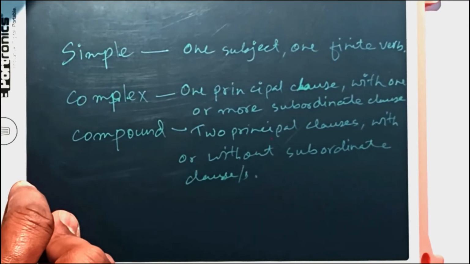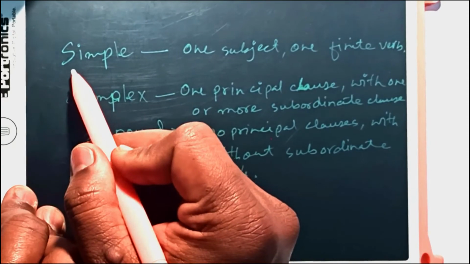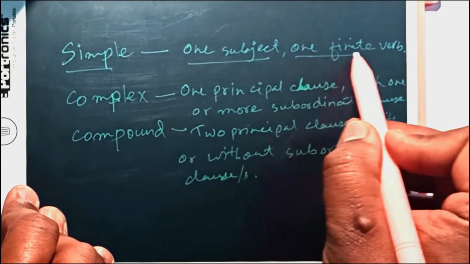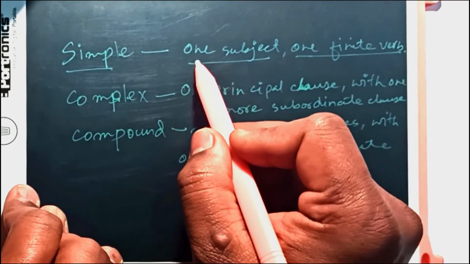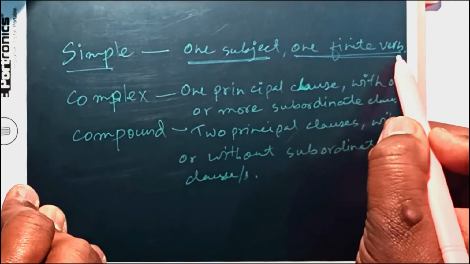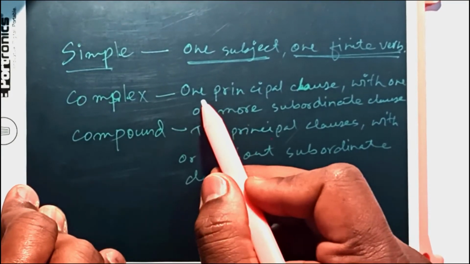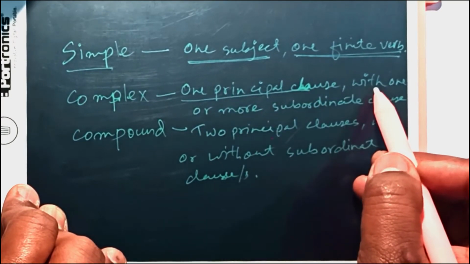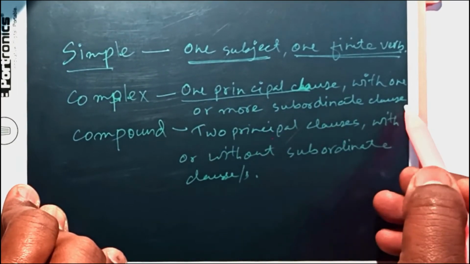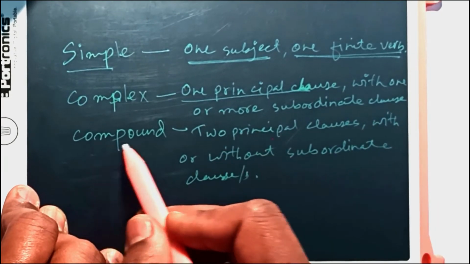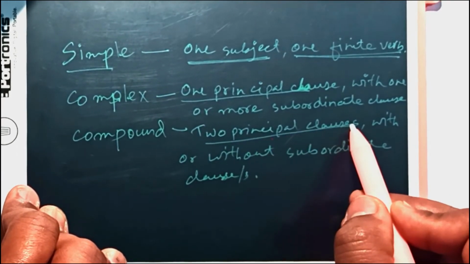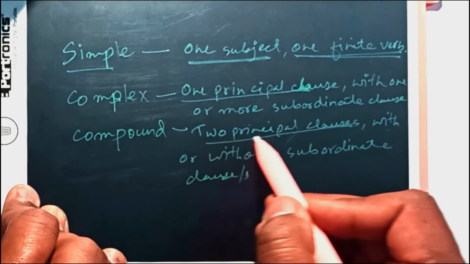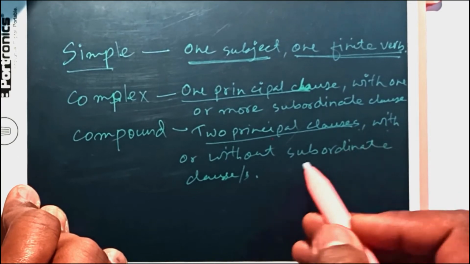Okay, when we talk about simple, complex and compound kinds of sentences, you see, a simple sentence means a sentence with one subject and one finite verb. That much is a simple sentence. One subject, one finite verb. In a complex sentence, you will see one principal clause. We must have one principal clause, and we may have one or more subordinate clauses. In the case of a compound sentence, we must have two principal clauses with or without subordinate clauses. Two principal clauses, meaning one